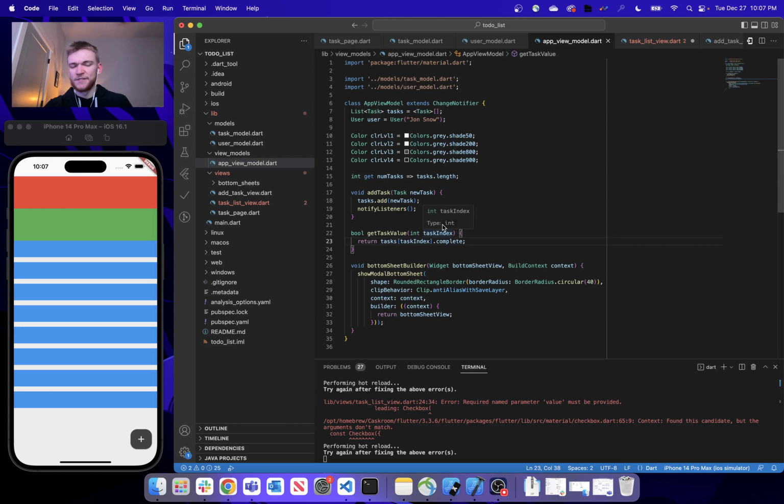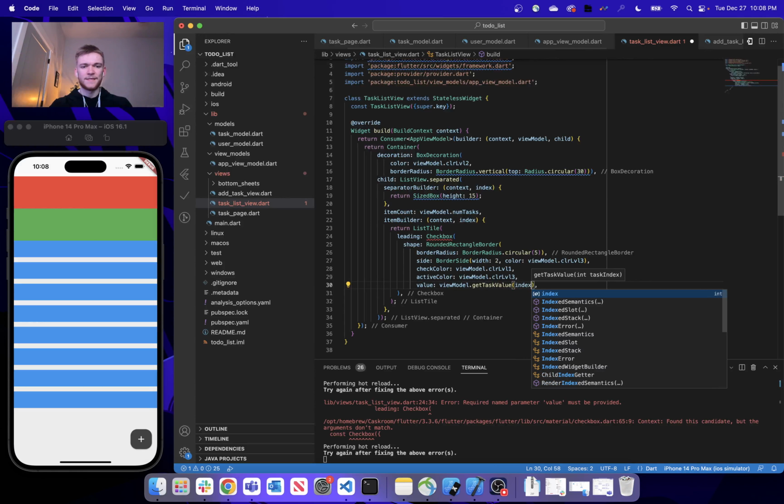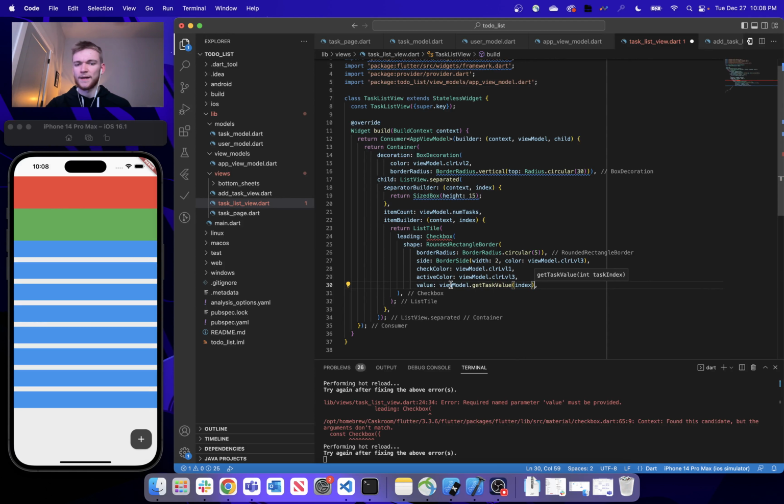We don't need to notify our listeners either because we are not actually changing any data here just yet, so there's no need to go ahead and notify our listeners. So within getTaskValue, we're just returning the task of the current task index, and again, we're just retrieving that index. We're getting that index because in our list builder, we're getting access to an index every single time a list builder item is displayed. So now we can say the value of this checkbox is going to be viewModel dot get task value, and we just go ahead and pass that index into here,